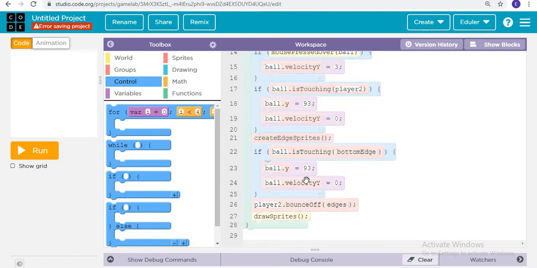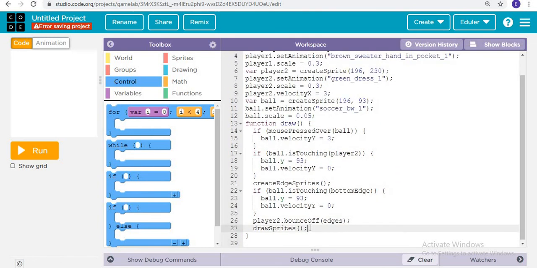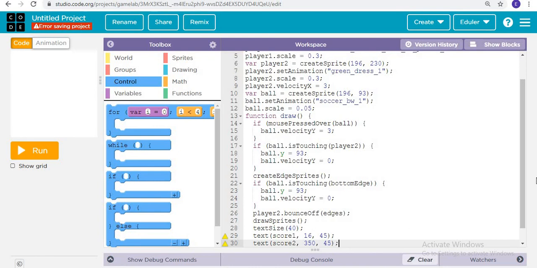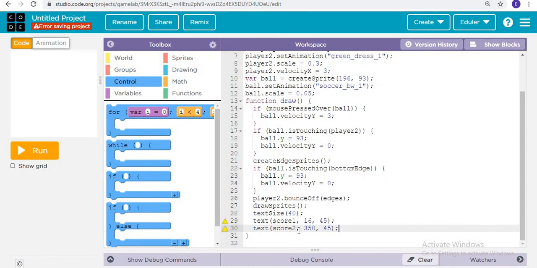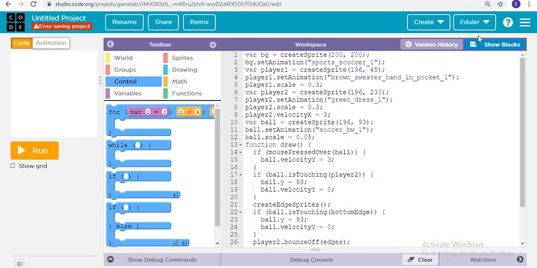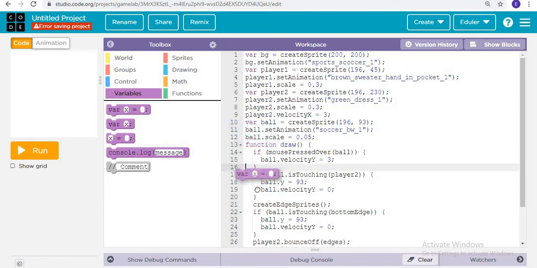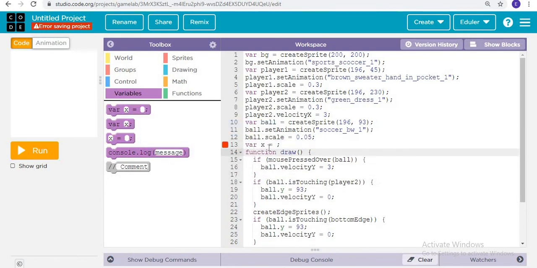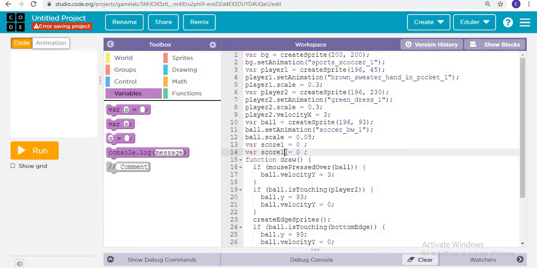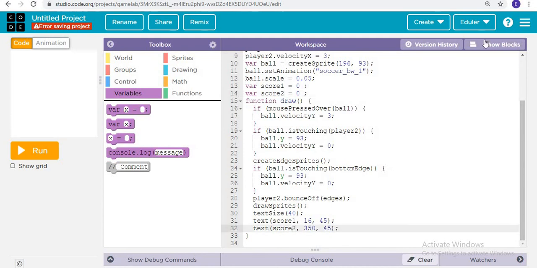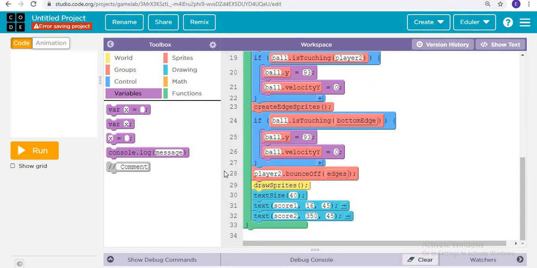Then what we are doing next is, after draw sprite we are adding text. What are we writing? Text of this code. So first we need to implement this code. Here we are going to create a new variable, that is score. We are creating a new variable score1 as 0. And see, we can copy and paste in the next line. Then variable score2 is equal to 0. Now let's add the text. We have added. Now whenever I run,